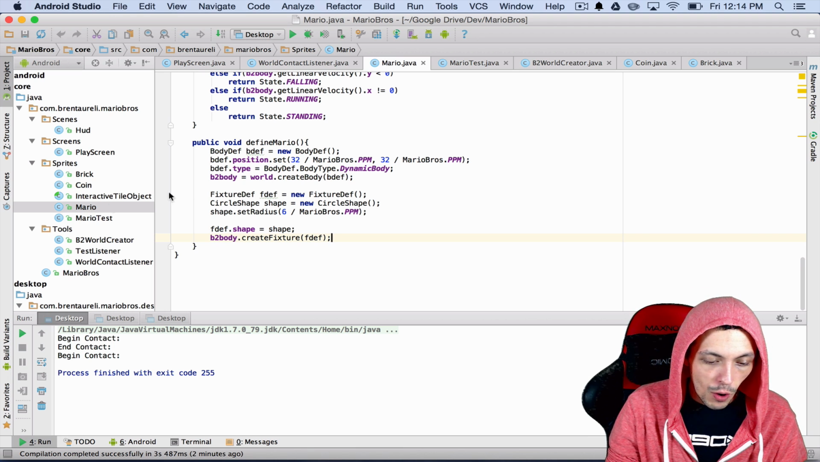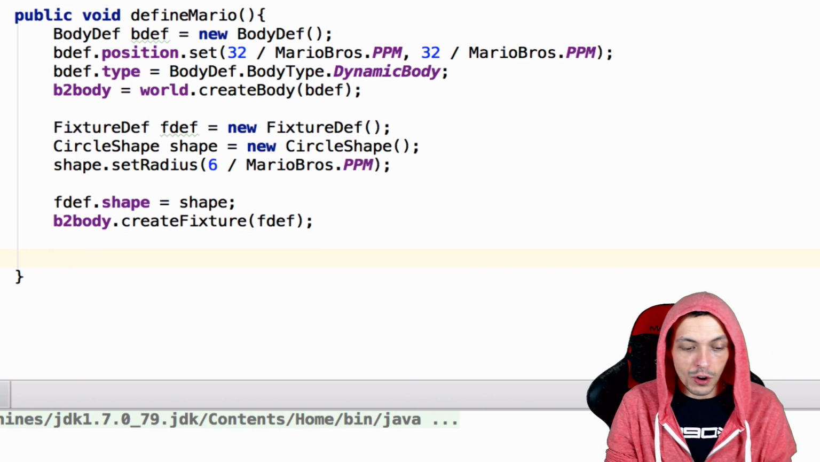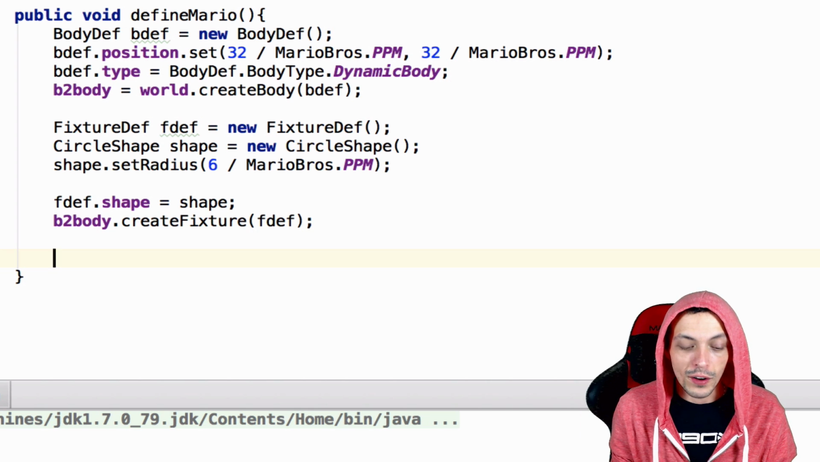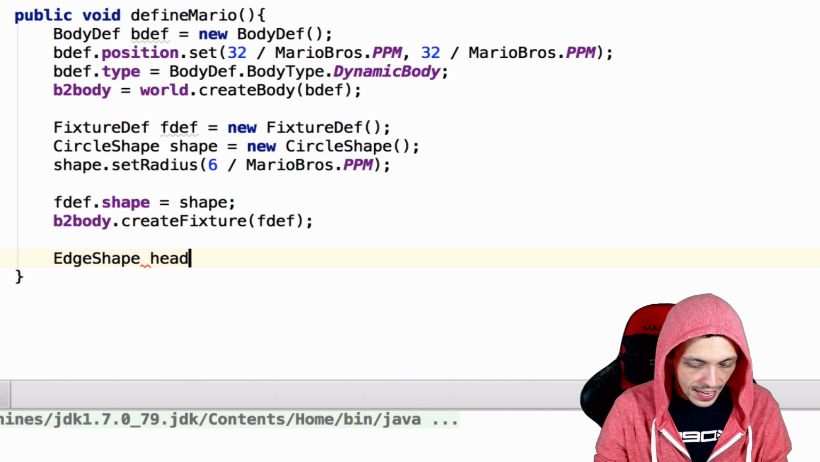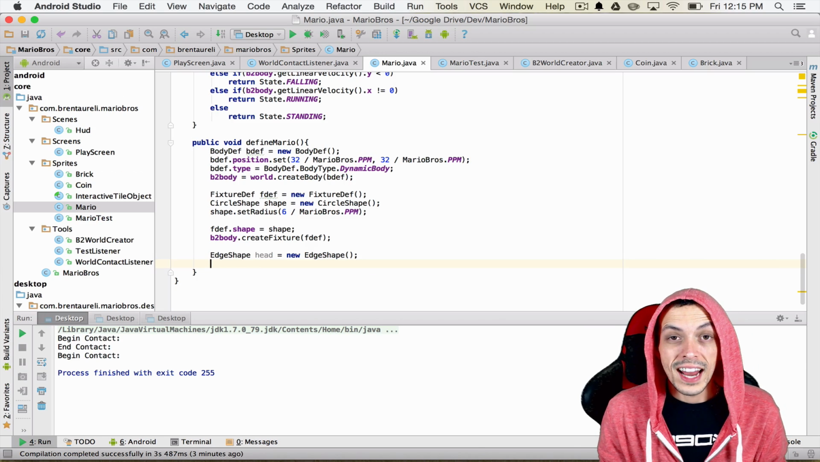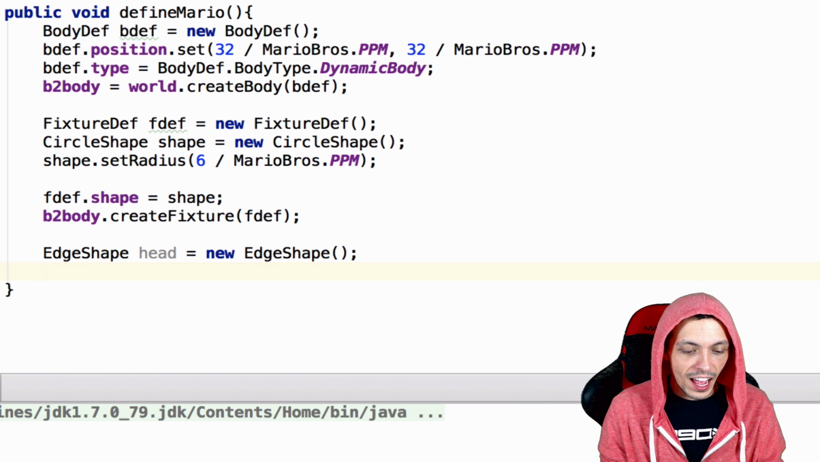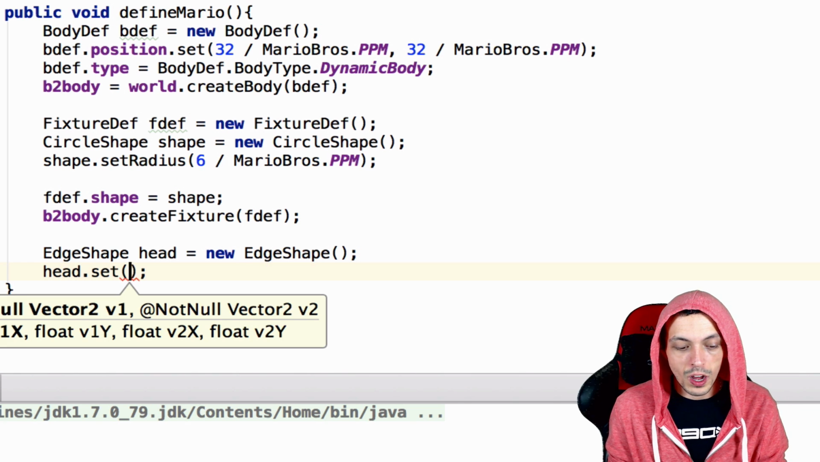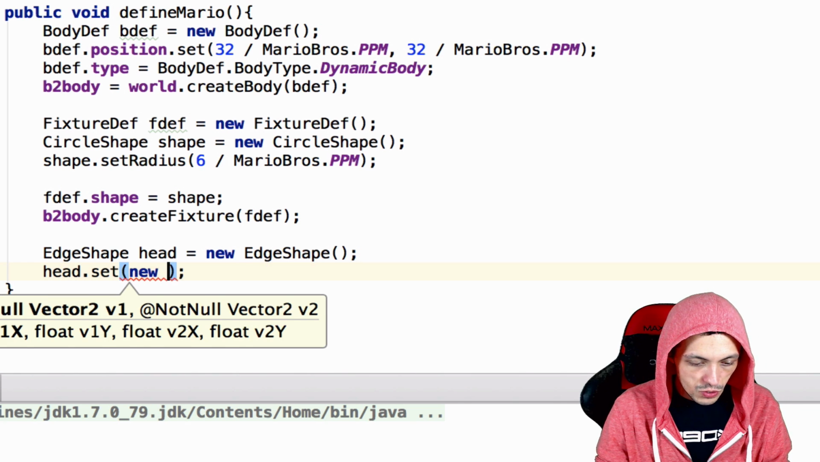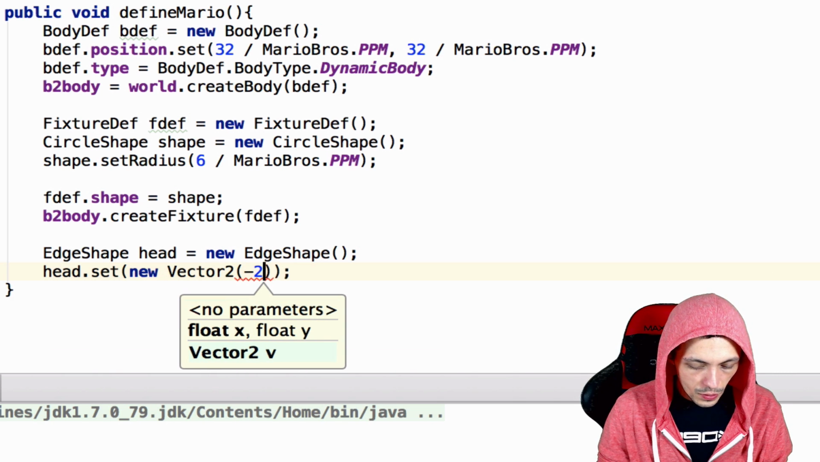So we need to go to our Mario sprite here, and inside the define Mario function, we need to create a sensor on Mario's head. So to do that, we're going to create a new EdgeShape called head, and we're going to say that's equal to new EdgeShape. An edge shape is basically just a line between 2 different points. So to define that line, we say head.set, and we give it 2 Vector2 quantities, so 2 x and y coordinates. The first one, new Vector2, will be -2